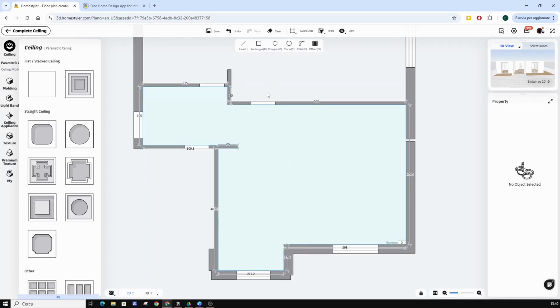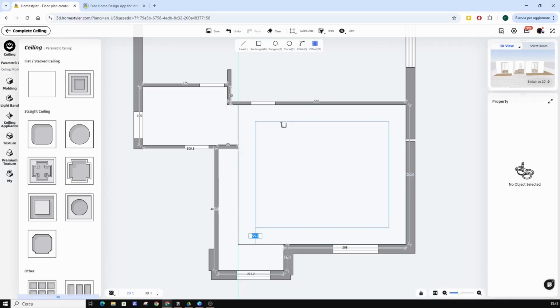We can subdivide the areas in a customized way. We can help ourselves with guidelines and make a frame like the one we inserted in the floor. We put the value. We take the rectangle. We also use here the offset command.